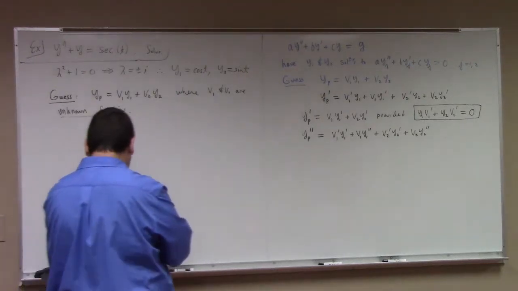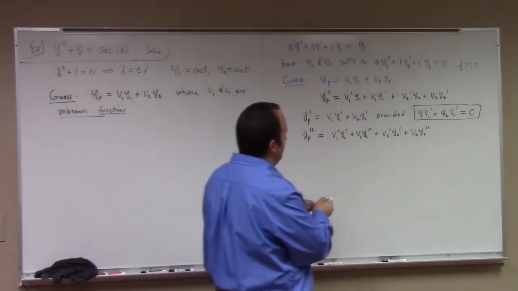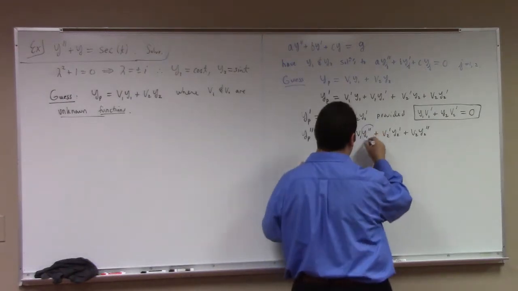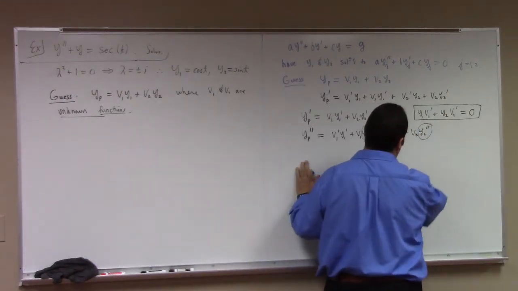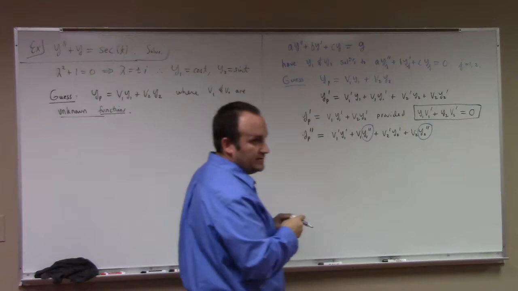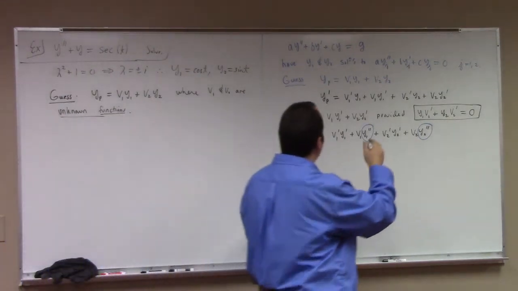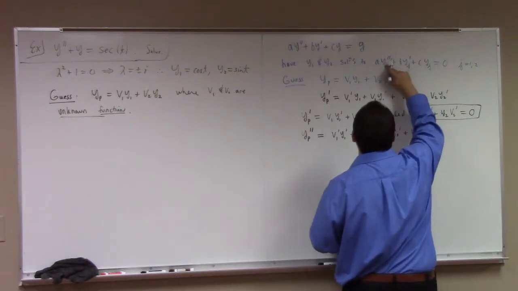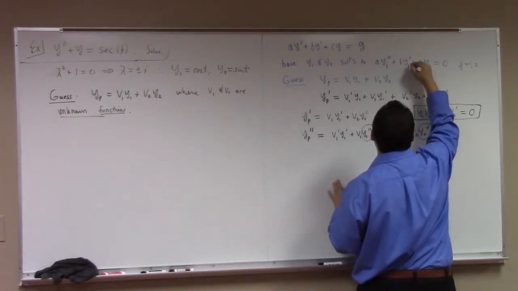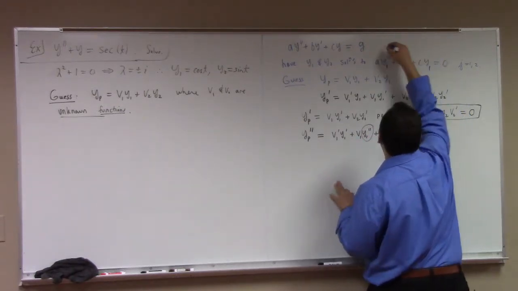Well, the thing is, this one and this one we can eliminate in favor of lower order derivatives. How can we do that? You see, we have this, and we also have